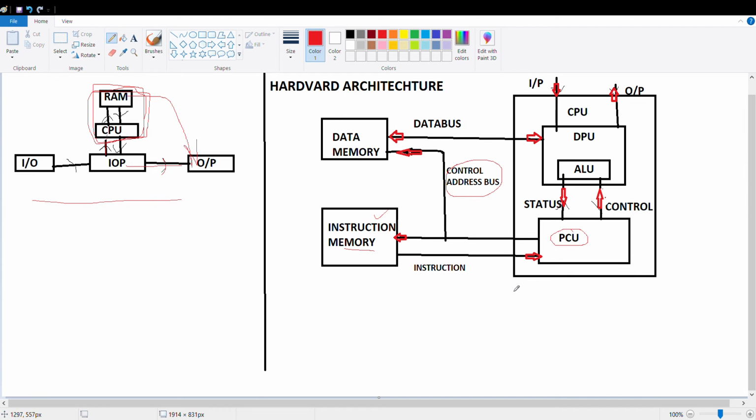So it has to send back to the PCU, and the PCU now sends the control unit to the arithmetic logic unit, and the arithmetic logic unit performs the tasks, and that will be sent to the data bus and retrieves the data that we require. So from here we can observe that the first operation occurs in the instruction memory, and the second thing that will